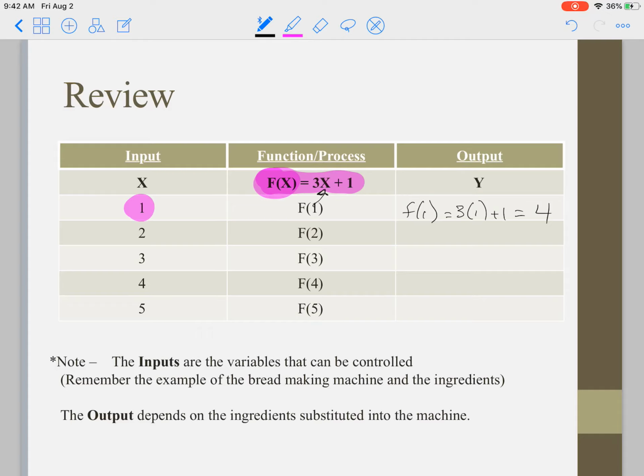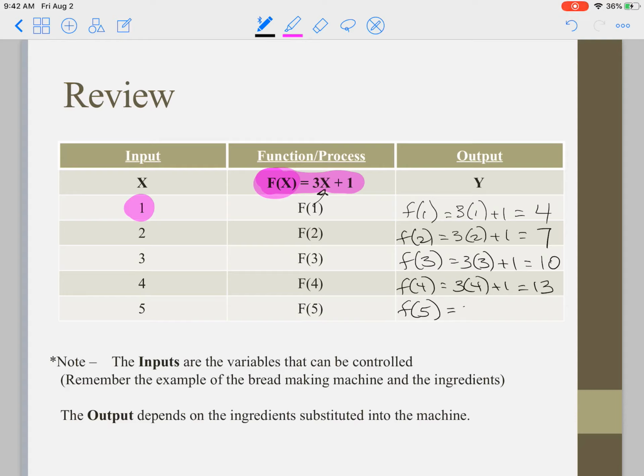Filling out the rest of the chart, f of 2 is going to give me 3 times 2 plus 1, or 7. f of 3 is going to give me 3 times 3 plus 1, or 10. f of 4, 3 times 4 plus 1 is 13, and f of 5, 3 times 5 plus 1,